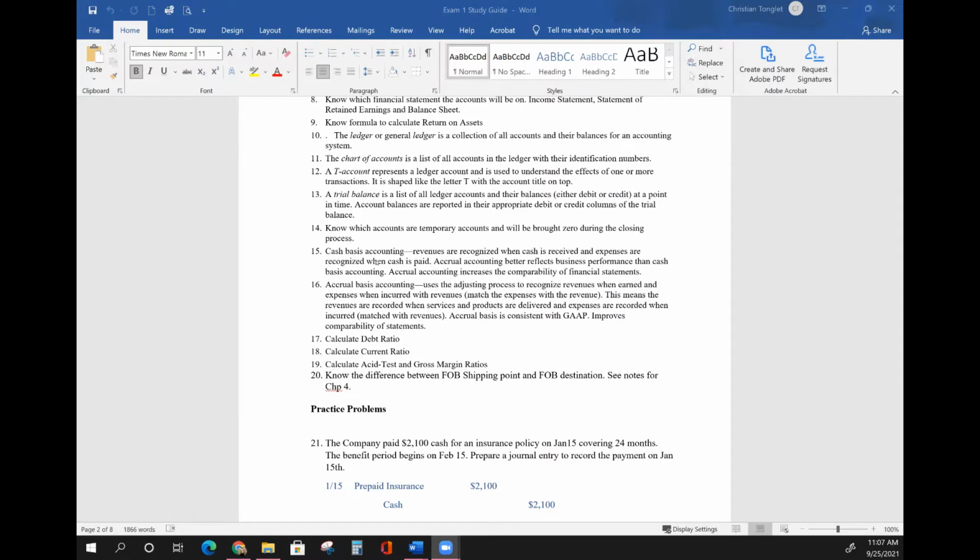You would look at the question, and if I said cash basis, you would be looking to see how much money came in and how much money went out. The difference between the two is your net income. If it's accrual that I'm looking for, using the accrual basis, then you're looking to see what actually was earned